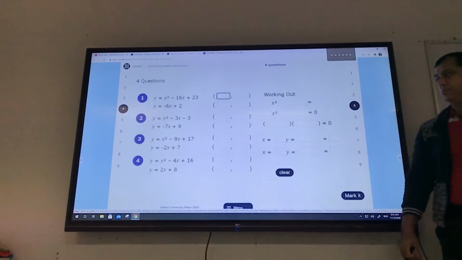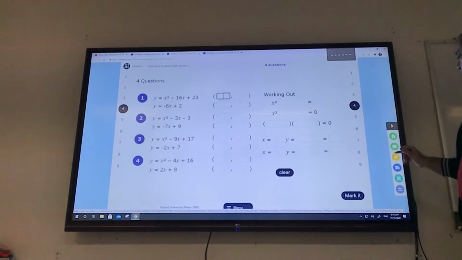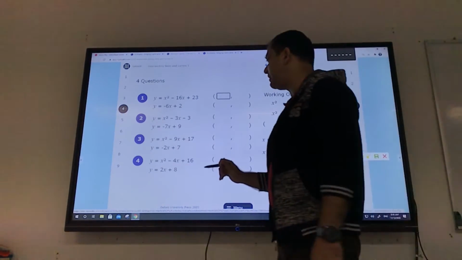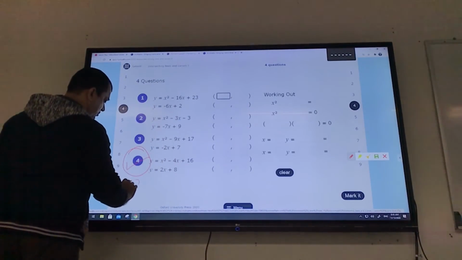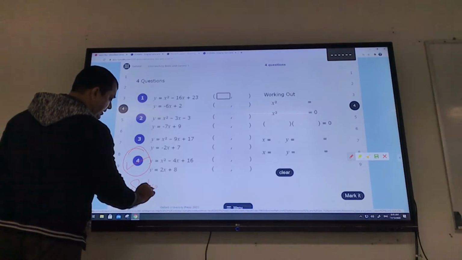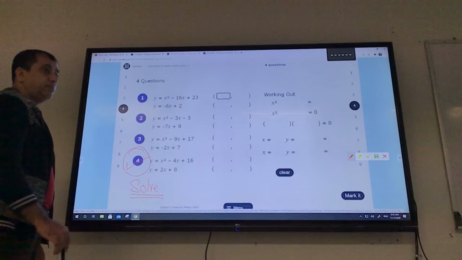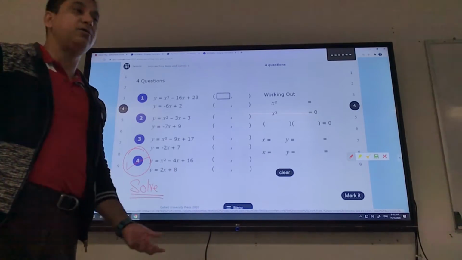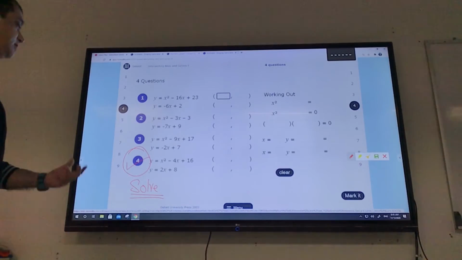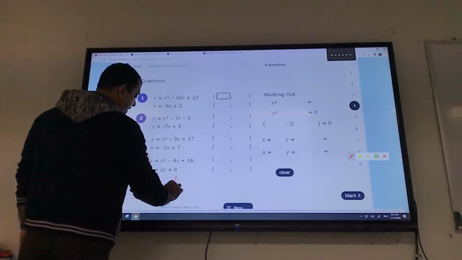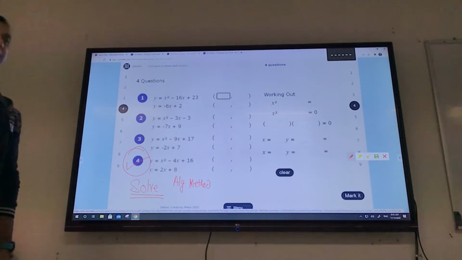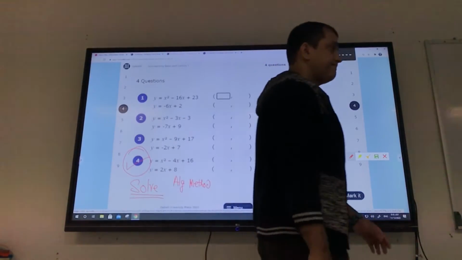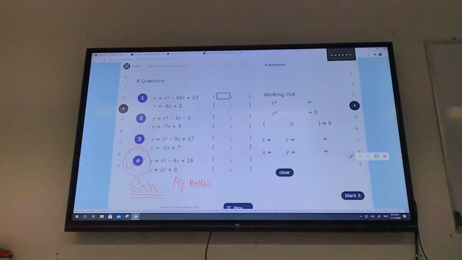Let's try one question now. I asked you to solve the question. If you understand, you solve this question properly, then tell me the values. We're going to plug in the values over there. Everybody try this question number 4. Solve this question properly. So, if you want, you can solve algebraically or graphically. So, to get exact values, I recommend you to solve by algebraic method. Okay? By method of substitution. Okay, take your time. So, show me.